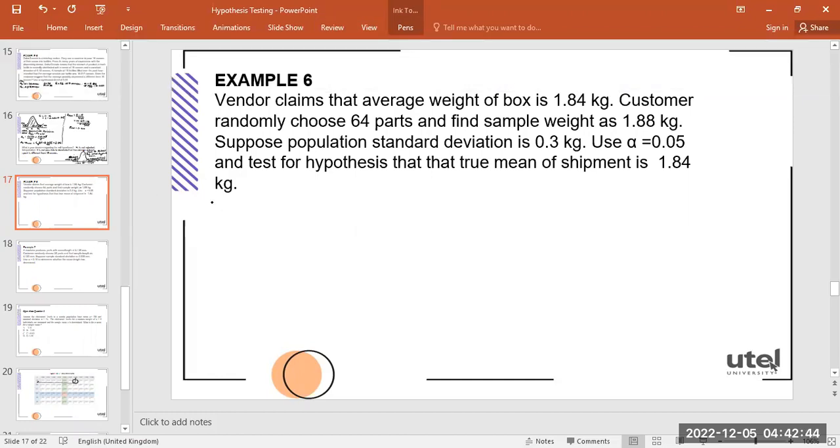So we start with our null hypothesis, which we set as H sub 0 such that the mean weight is equal to 1.84 kg. And then our alternative hypothesis such that mu is not equal to 1.84